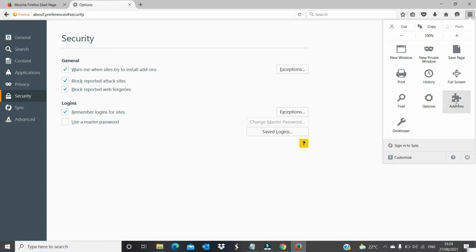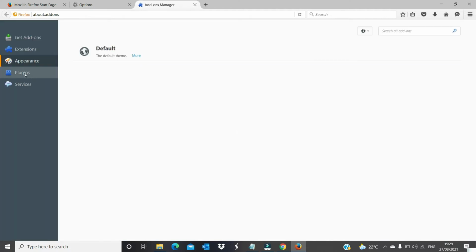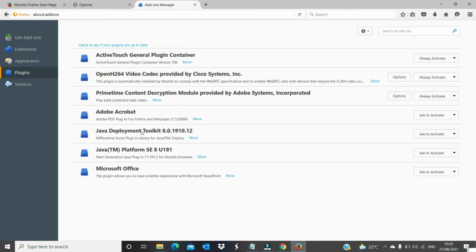So you can check in add-ons also. Once you click add-on plugins, if it is not supporting, this Java update detail will not be here, and if it is supporting, the data will be here. So in Firefox you have to add that EPF link. Second thing, you can check the Java version also.